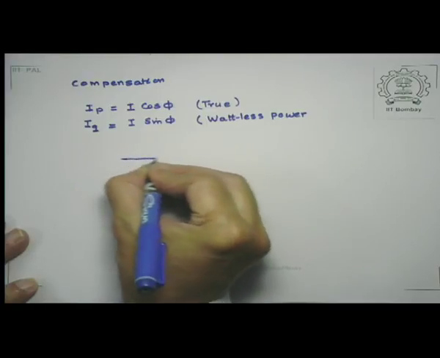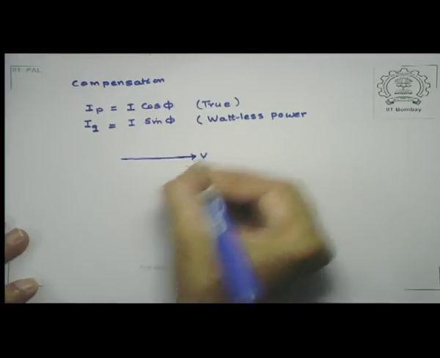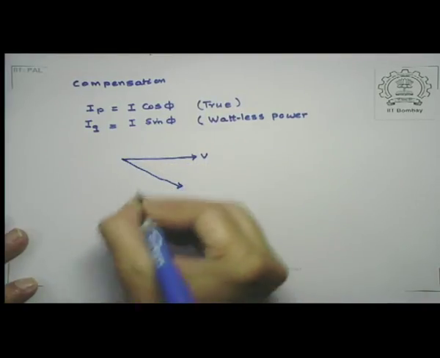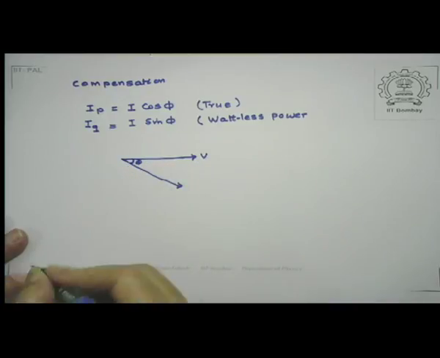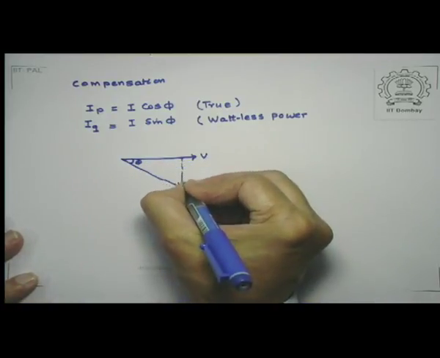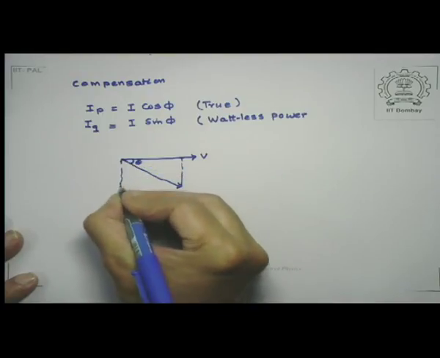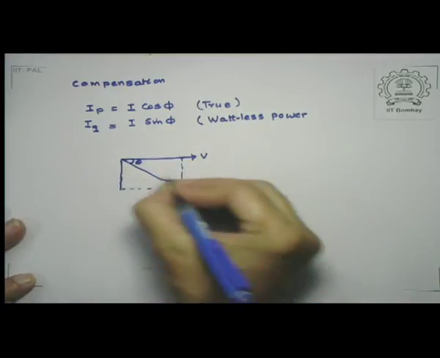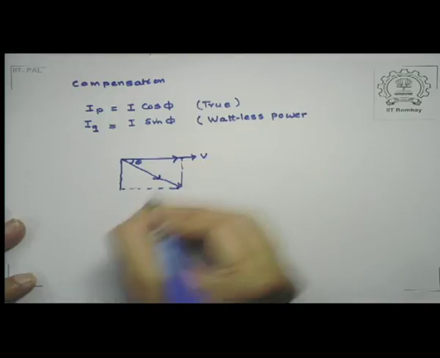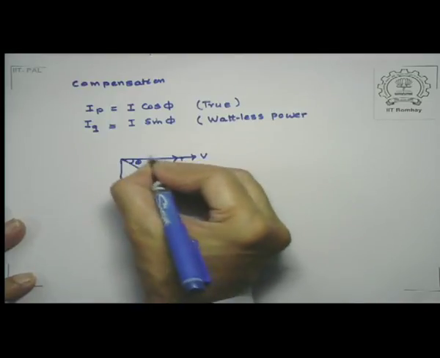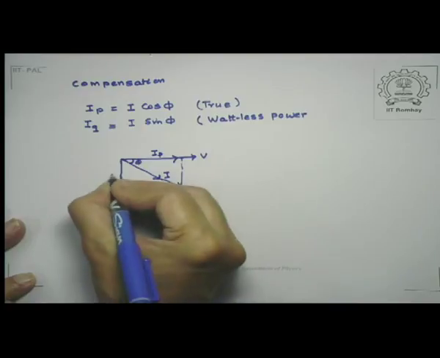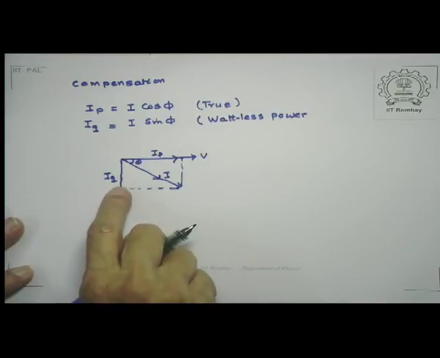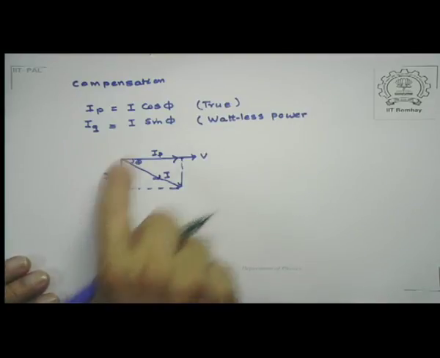So let's look at that. Remember that this was my direction of V. Since it was an inductive circuit, I said let the direction of current be here like this. This is phi. And so these are the components, by completing the parallelogram. And the component of I along V is what I call IP, and perpendicular to V is what I call IQ. Now ideally what I would like to do is to compensate for this I sin phi